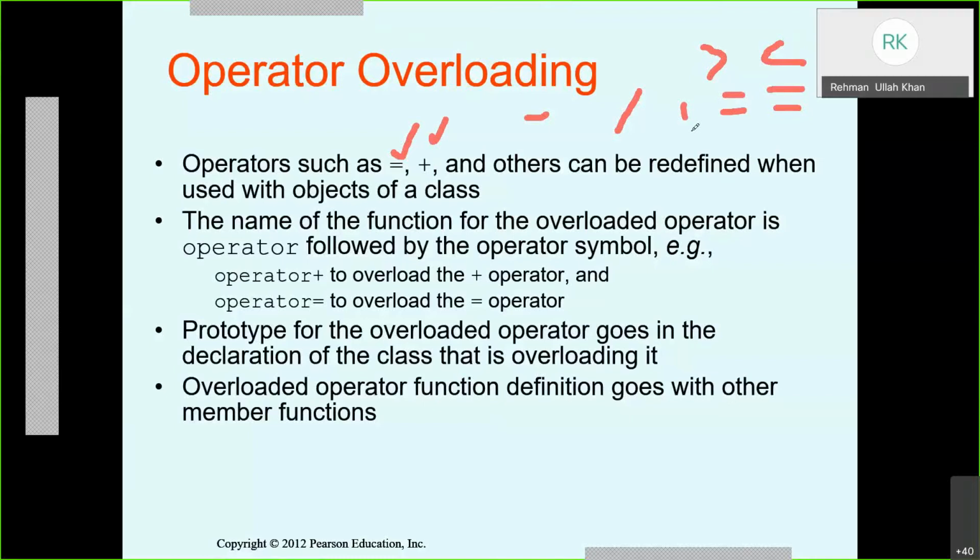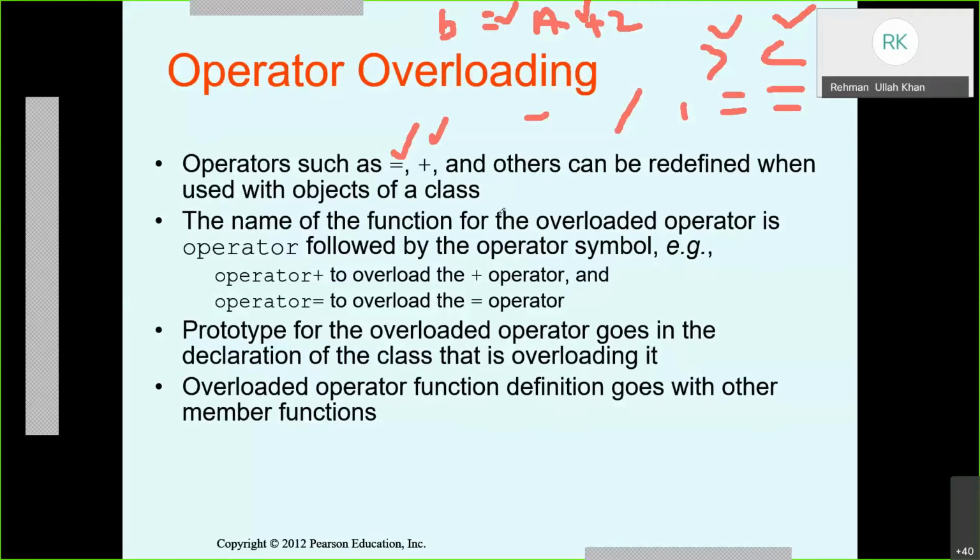Operators apply some operation on values. The values may be variables. The values may be constants, like let's suppose a plus 2. If a is a variable and the result is assigned to it, you see this plus is an operator, and the assignment is an operator. So in built-in data types, I mean int, float, double, it is already defined in the compiler what plus means, what minus means, what less than means, what greater than means. It's not an issue.